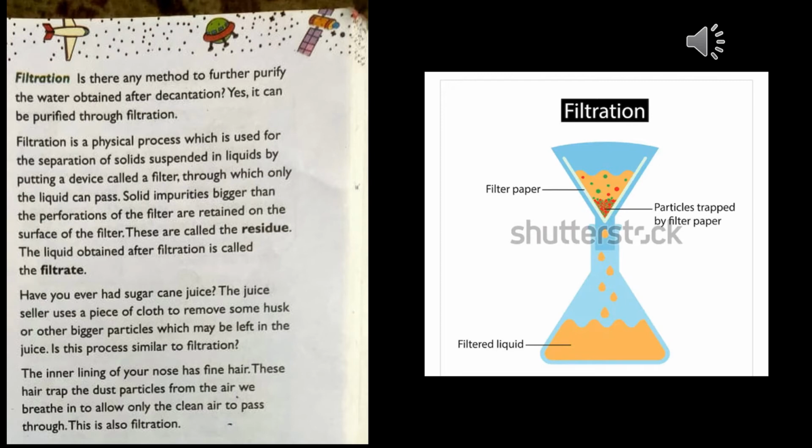So it is very useful, we don't have to cut it. We should not cut this one, because it is very useful and it doesn't allow the pollutants to come through our nose. Okay, this is also a type of filtration. So I think the filtration part is clear. If you have any doubt, you just ask me. Okay.